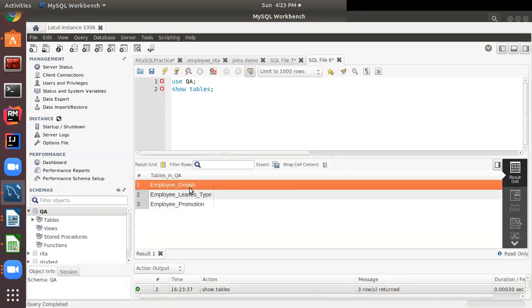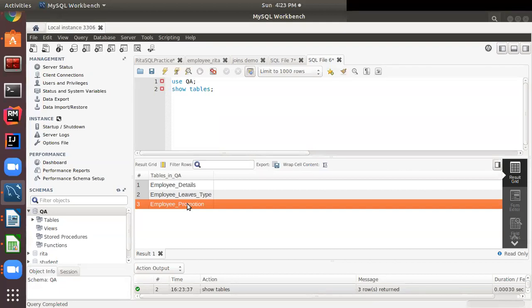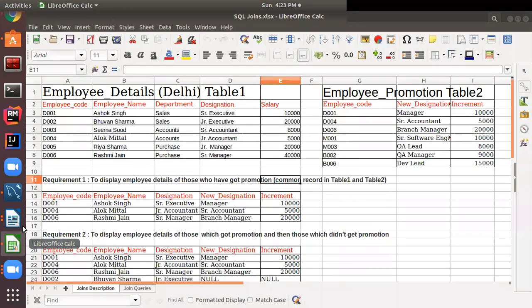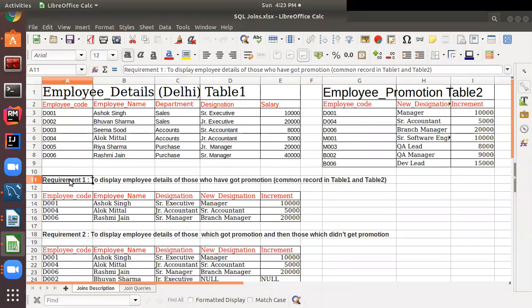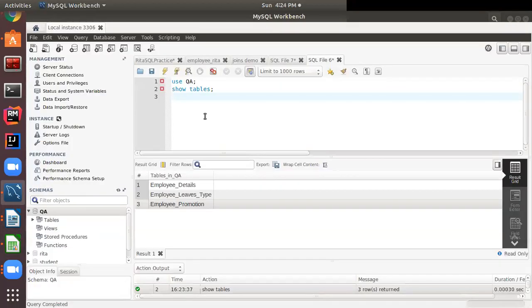So using employee details and employee promotion, we need to show the partial information. What type of partial information do I need to show? Let's copy the requirement from here so that we won't forget our purpose. Whenever you want to give any comment in SQL, you need to use forward slash and stars. Whatever you write inside them won't be executed. So you are learning these things side by side, and this session is going to be very useful for you if you watch it carefully.